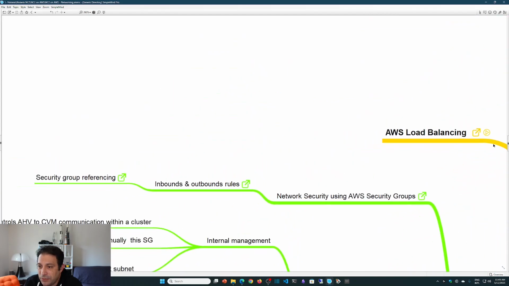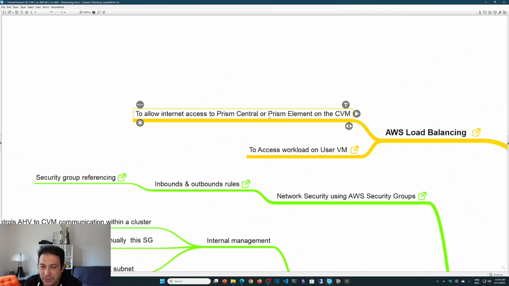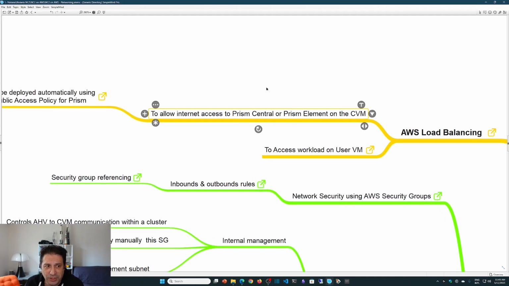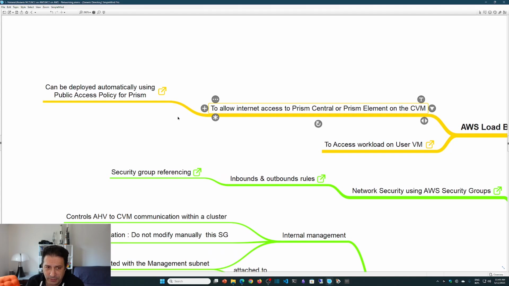Load balancing, so it's very simple. First thing is, if you want to allow access to Prism Central or Prism Element to the CVM. For Prism Element, it's very simple. You can do that directly using the access policy in the MCM portal, the NC2 portal. It's just an option to select, that is public, and it will create the load balancer for you and manage all the security